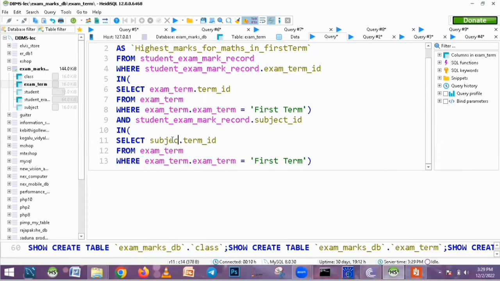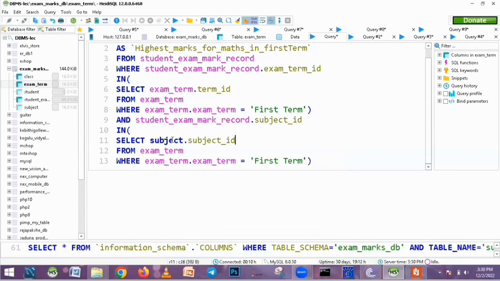So I found the reason why the subject word turns into blue color, because the subject word can be used as a keyword in SQL. So that is why. If we don't like it, we can use backtick to turn the color to green. So that's not really wanted. So subject